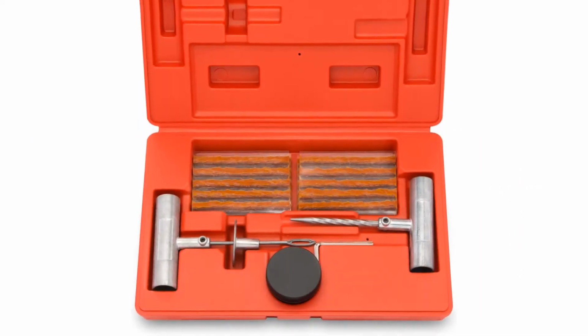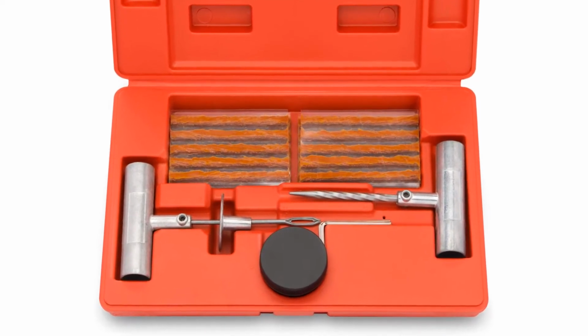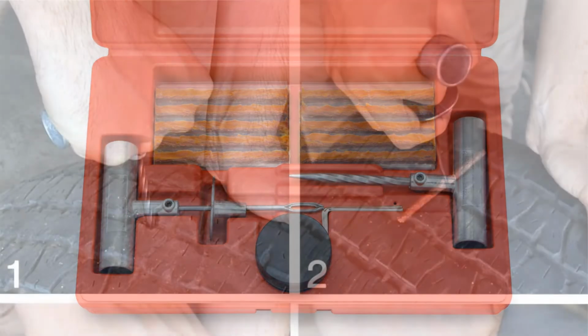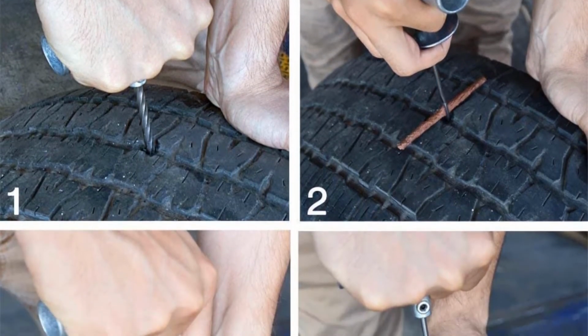If you're concerned that a tire repair set like the TechPo product editor's pick might be more than you need, then consider a simpler one like this TOOLUXE kit. It is designed to allow you to easily repair any tubeless tire. This 35-piece set is simple to the point of austerity, but still contains the basic items you need to make